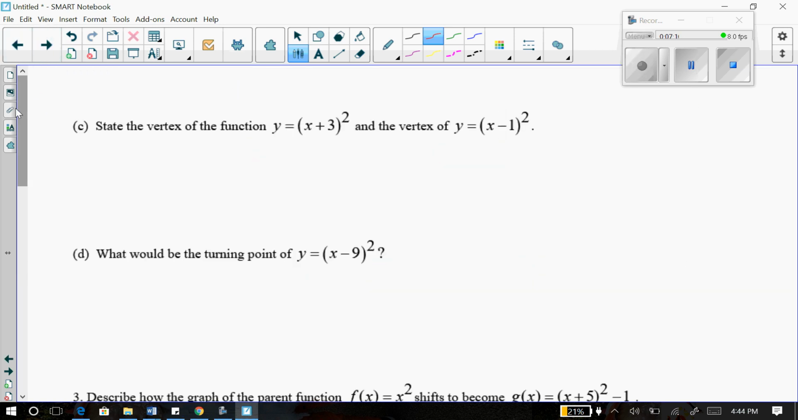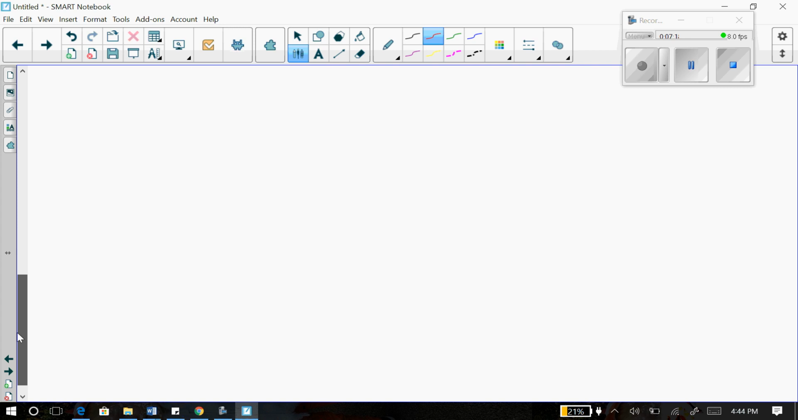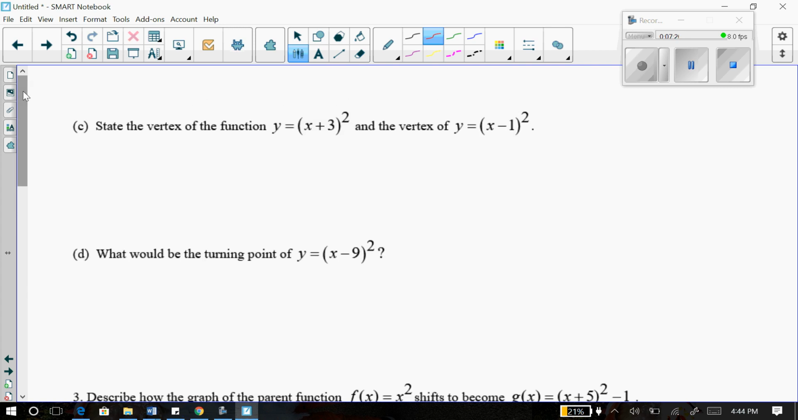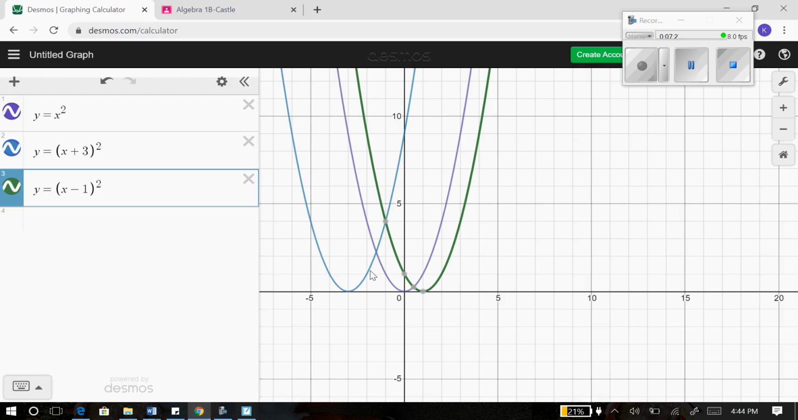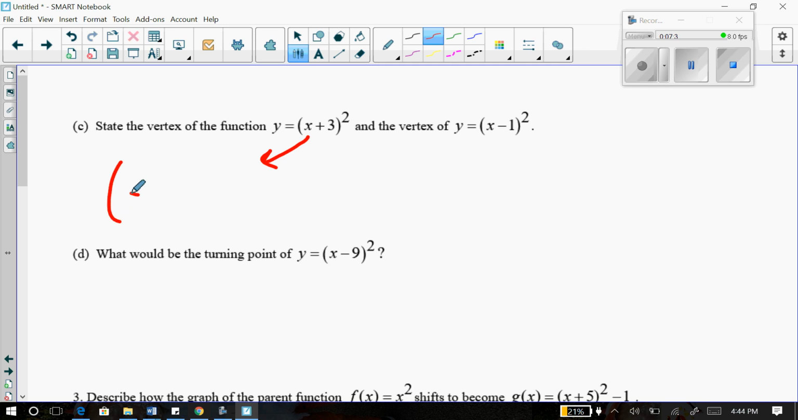Oh, here's my bad drawings here. State the vertex. We have 2 more problems here. State the vertex of each of them. So the vertex of this one, of the blue one, is -3, 0. The vertex of this one is